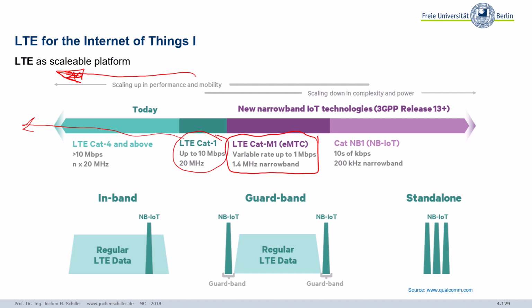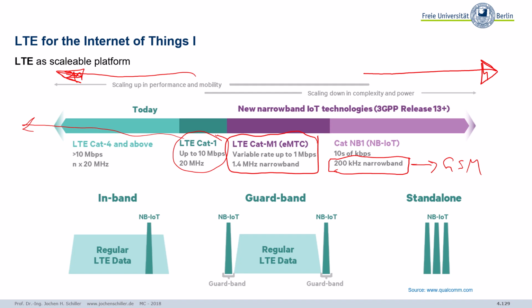Think of the Internet of Things, battery-driven devices. This is where we even have to scale it more down towards low power consumption. So we have narrowband IoT, NB-IoT, that means narrowband IoT. Narrowband, we use only 200 kilohertz. 200 kilohertz, that sounds familiar. That's what we use in our GSM systems. Okay, and tens of kilobit per second, that's also familiar for GSM, but now we use LTE. What is the advantage? Battery life. I will come back to this.